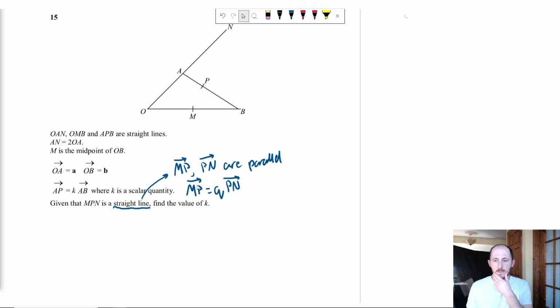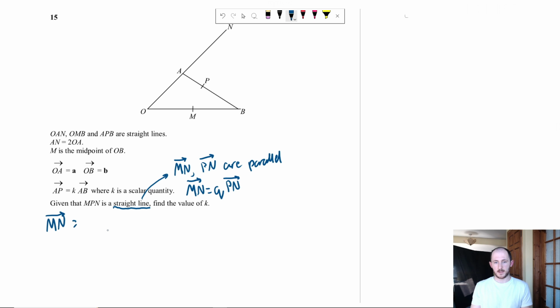So, I'm thinking now, would it have been better to do... Okay, there's actually one thing I've thought of. AP is going to have a scale quantity in it, so it might actually be better for us to do MN instead. Okay. You go MP then MN. Yeah, so you can actually work out, depending on what you want to do, right? It doesn't actually matter which two letters you pick. So MN is also parallel to PN. They're all parallel to each other because they lie on the same straight line. So what we're going to do is work out what MN is first,